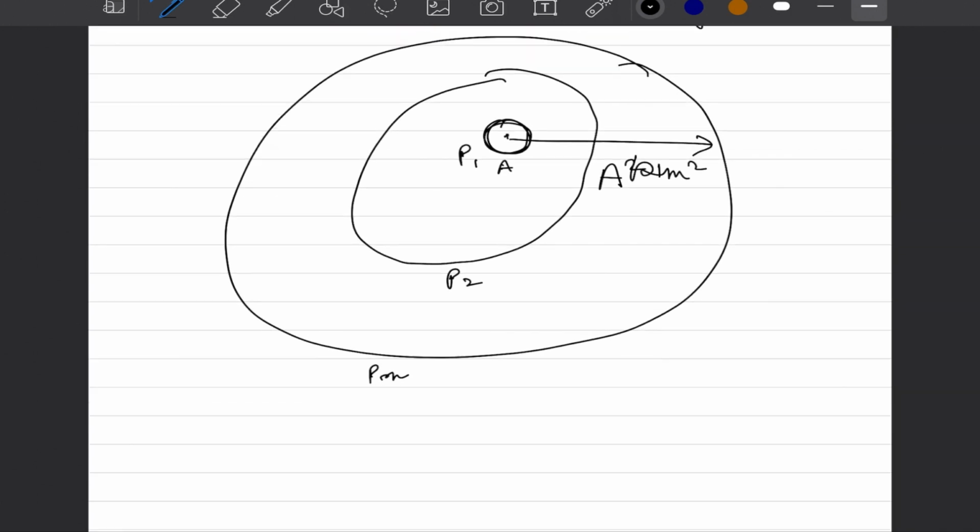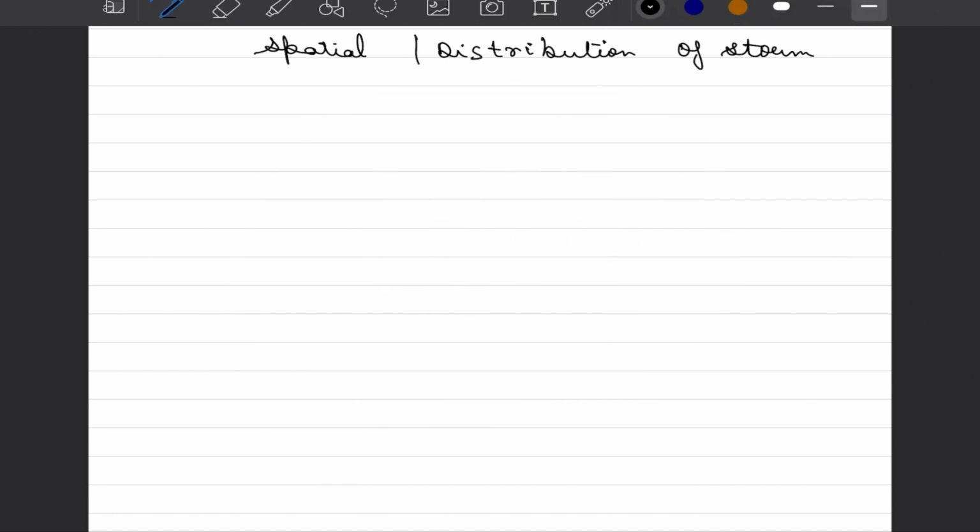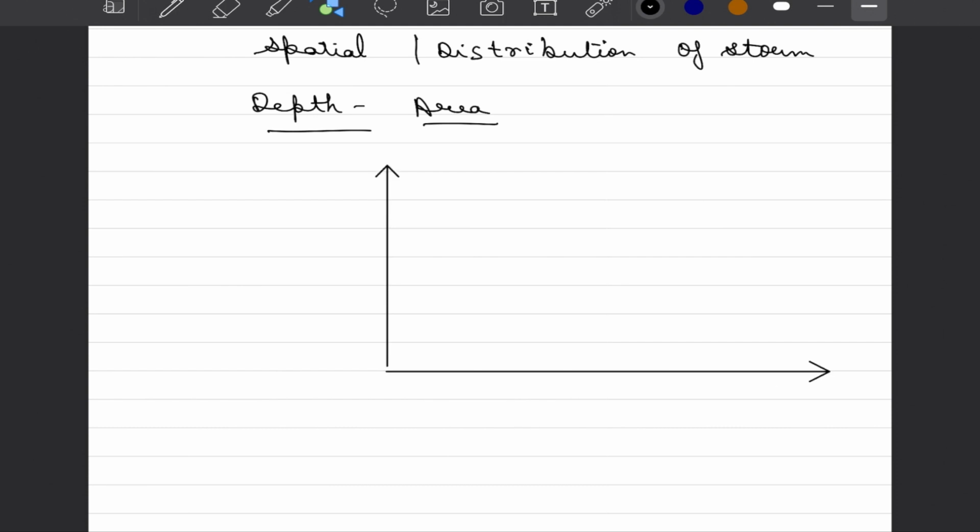And we will put the same concept to use, but instead of restricting ourselves to that watershed, we can generalize this expression over a given area, and we call such relationships depth area relations. So how would these relationships look? We will plot a graph where on the x-axis we have area, that is, at a certain distance from the eye we would span some area in square kilometer, and on the y-axis we have depth of precipitation, usually expressed in mm.